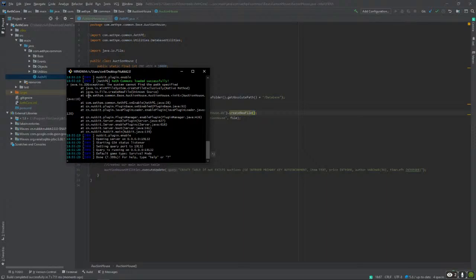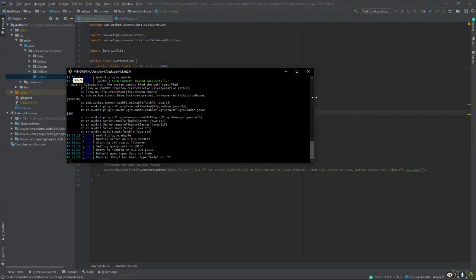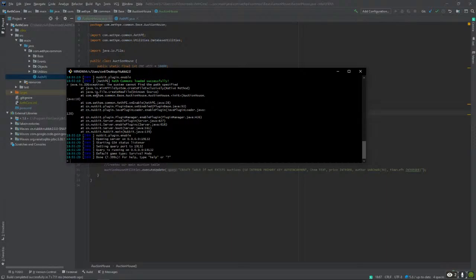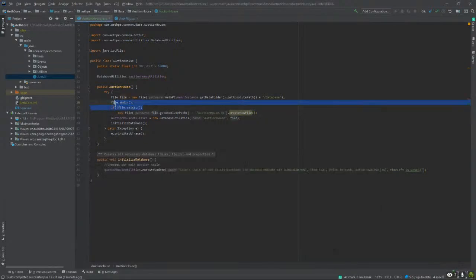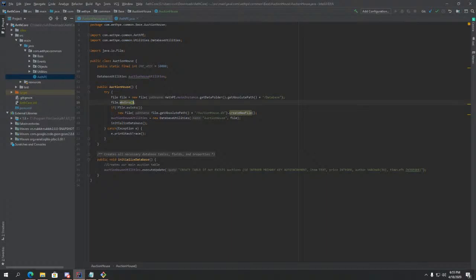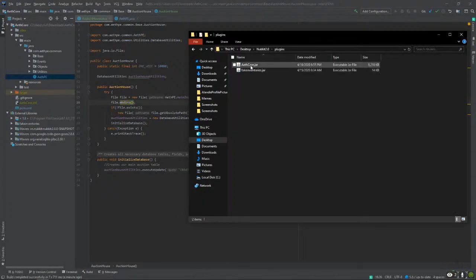Huh. Okay. Not really sure what's going on. Oh wait, is it getting an error? So here, let me check if this is actually working. Oh, okay.